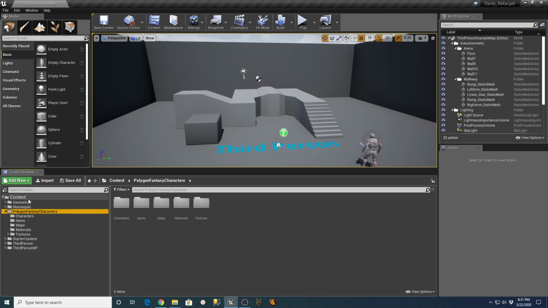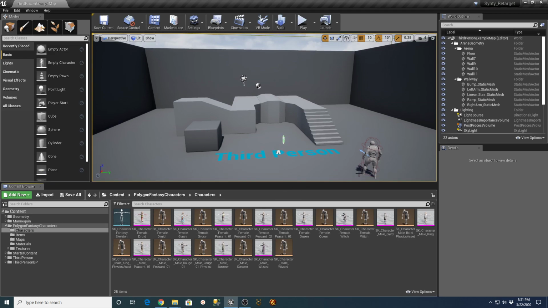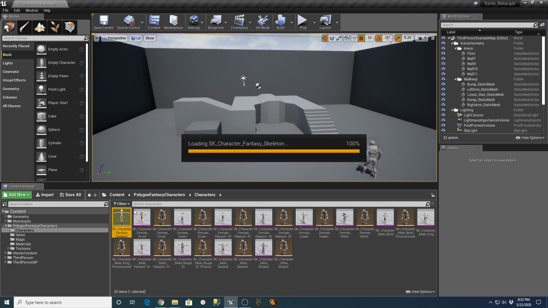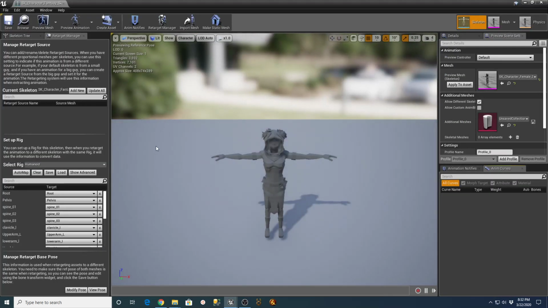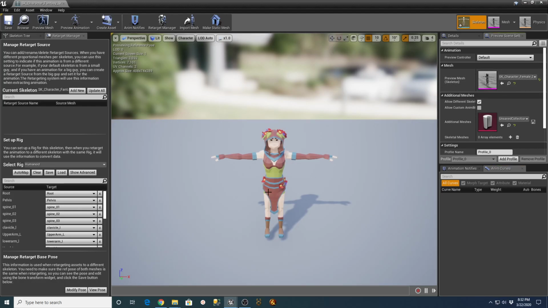And from there, it's now loaded into this, and I can go in and look at all the different things that are here. So if I were retargeting this directly, what I would do is I would go into one of these characters, and all these different characters have one skeleton, you can see, which is another nice reason to use this. But if I go in here and load up that one skeleton, it's already mapped for being a humanoid character, and you can apply this preview mesh.